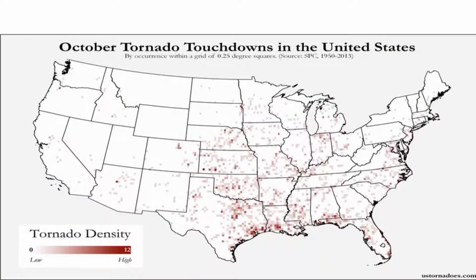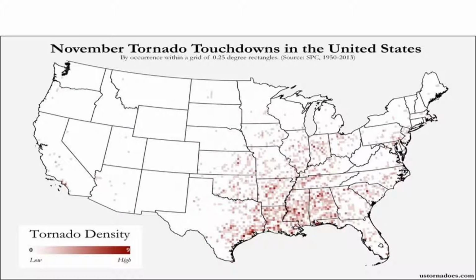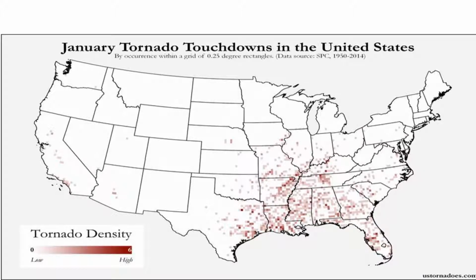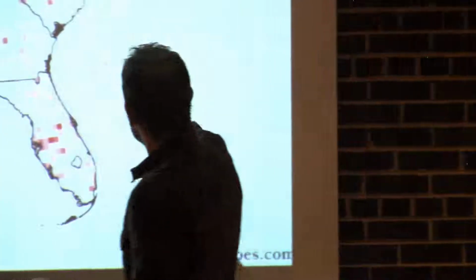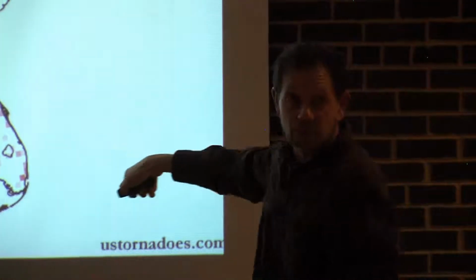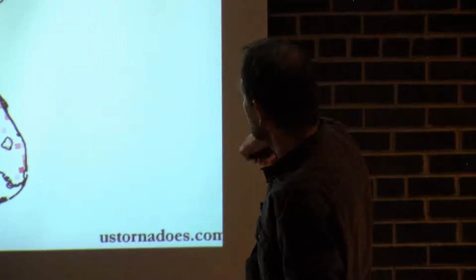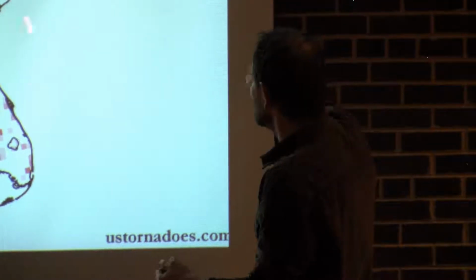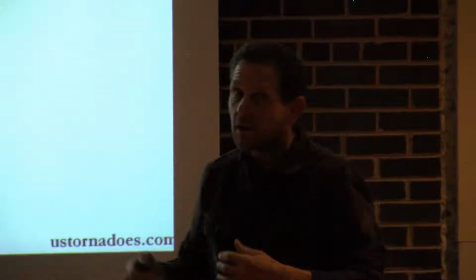Now in our cooler season, our cooler times of the year, October, November, December, January, you see in our winter months, our severe weather is not confined to the south, but it's certainly more prevalent throughout the south. And why is that? Because it's warmer down there in the south. This area is still dominated by subtropical high pressure throughout the year. It's definitely cooler than it would be during the summer months, but nonetheless, this interaction between warm, humid air and cold, dry air to the north can still give you plenty of storm activity down south.